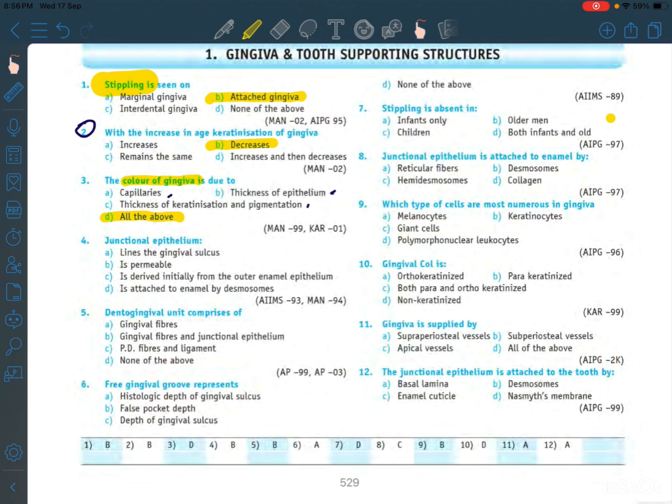There is a rich capillary network present in the underlying connective tissue, which gives it a pink to reddish hue. The second factor is epithelial thickness. The thicker epithelium masks blood vessels, because of which gingiva appears pale or pink. Thinner epithelium shows underlying vascularity, so gingiva appears redder. So epithelial thickness plays a major role over here.